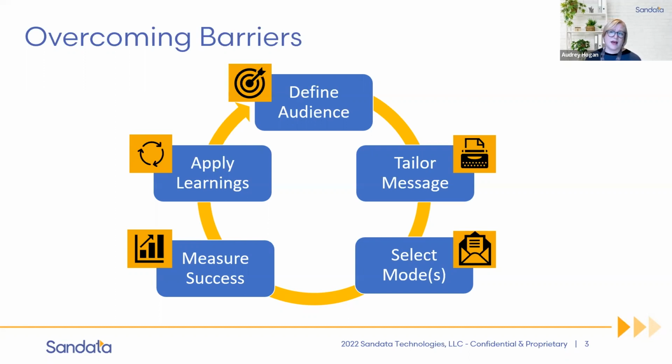Last, we want to define and measure success. And there are several reasons why you want to define and measure your success. But if you're targeting an audience, you really want to understand if you've targeted correctly and if you've hit that bullseye. The vast majority of the time, the first time out of the gate, you wouldn't necessarily have hit the bullseye, but you can see how close you are to it, and you can make adjustments to do it better next time. And that's where it comes into applying our learnings.